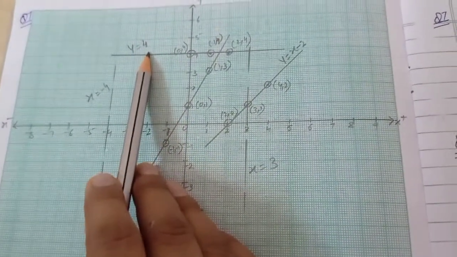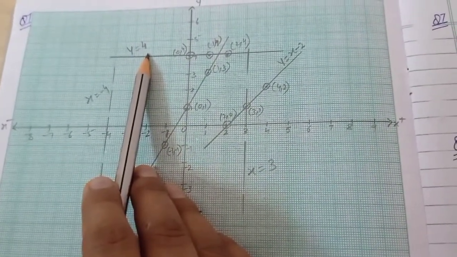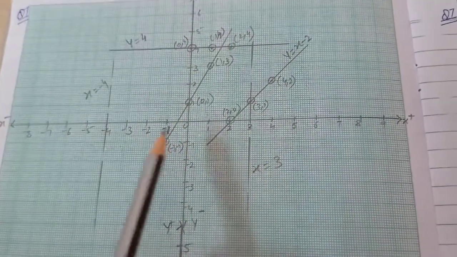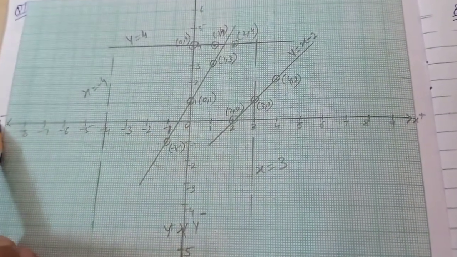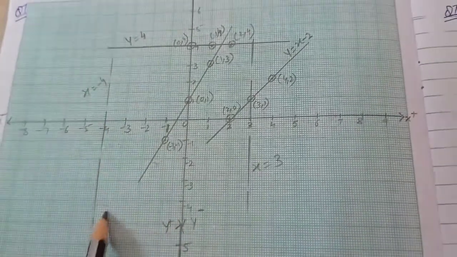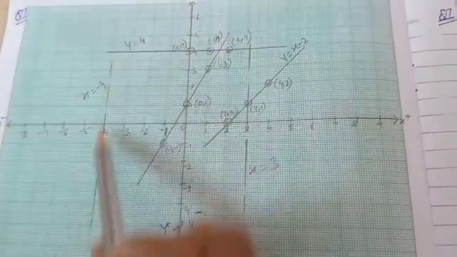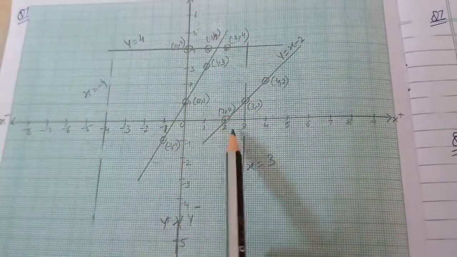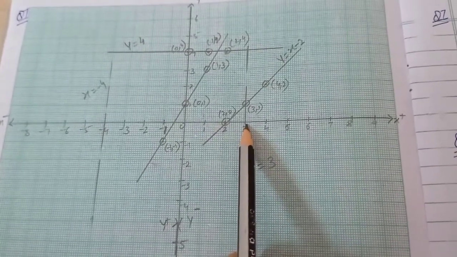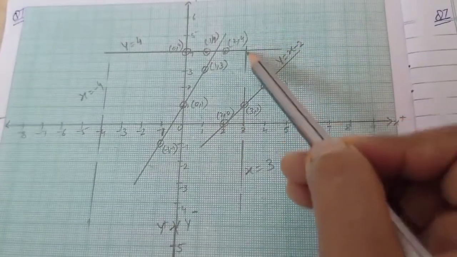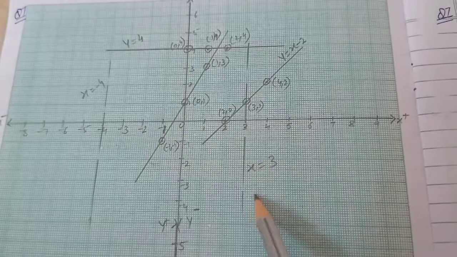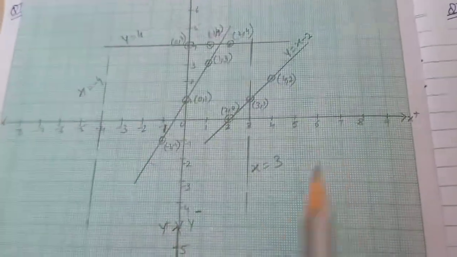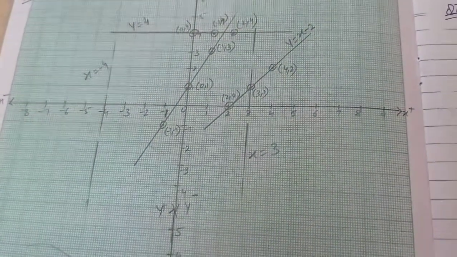Now what is the meaning of x minus 4 to 3? x minus 4. Where is x minus 4? This is the negative side of the x axis. This is x minus 4. Clear? So this will be the line of x equals minus 4. Then x is equal to 3. It's here. Fixed value. So this is the graph of x is equal to 3. So this way you have plotted all the equations on the graph paper.